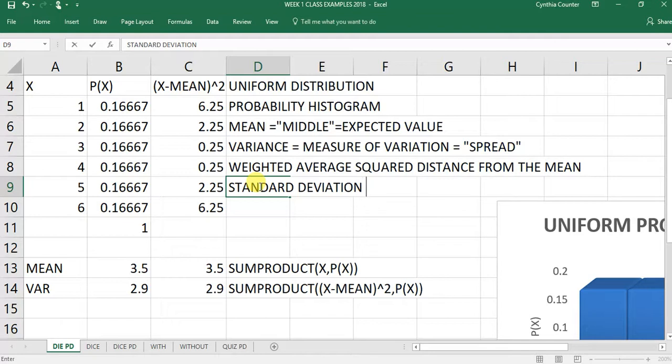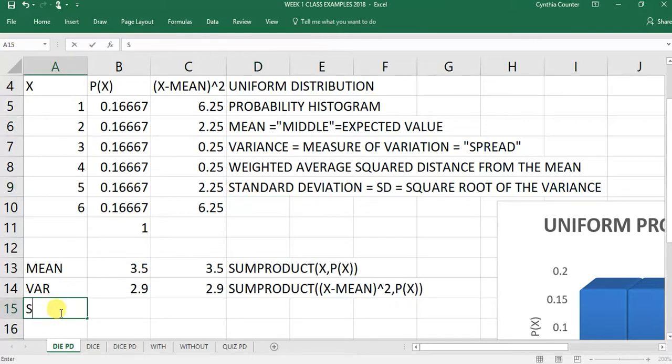And the standard deviation, which I will write as SD, is simply the square root of the variance, and that will undo the squaring. So to find our standard deviation, we want the square root. In Excel, the square root formula is SQRT. You could also find that in the Math Trig Formulas folder. We want the square root of the variance. All you have to do is click on the cell that contains the variance, close the parenthesis, hit enter,